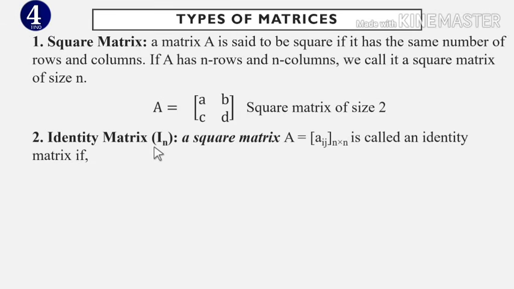አይደንቲቲ ማትሪክስ እንበል። ደግሞ አይደንቲቲ ማትሪክስ is a kind of a square matrix። ስለዚህ አይደንቲቲ ማትሪክስ መጀመሪያ ምን መሆን አለበት? n by n መሆን አለበት። እኩል ሮ እና እኩል ኮለመን ኖሮት ደግሞ ከዛ ደግሞ ለየት ያለ ደግሞ ምን ካራክተሪስቲክስ አለው? It is called an identity matrix if a_ij, በዚህ ፎርሙላ ሲሰጠን i እና j እኩል የሆኑበት ወይንም ይሄ ዲያጎናሉ በሙሉ አንድ የሆነ, otherwise ደግሞ ሌሎቹ በሙሉ ዜሮ የሆኑበት kind of a square matrix we call it identity matrix። ሲምቦሉ ደግሞ I_n ማለት ነው።